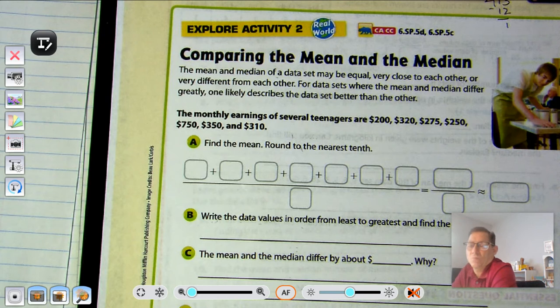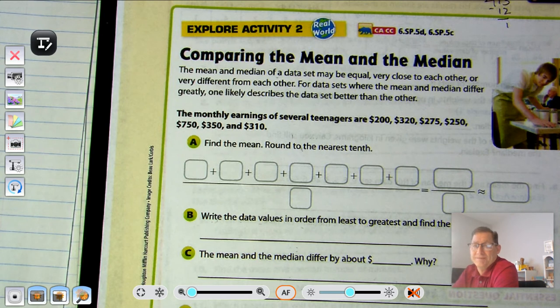All right, so in our next activity, we're going to start looking at which one actually represents the data set the best. Is it the mean or the median? Now, sometimes the mean is affected by a really low value or a really large value. And so we'll look at those. And sometimes the median winds up being the best measure of central tendency because when you're moving towards the middle, you're eliminating those extremes on the outside, the largest values and the smallest values. So when you get to the middle value in the median, you usually have what is most representative of all